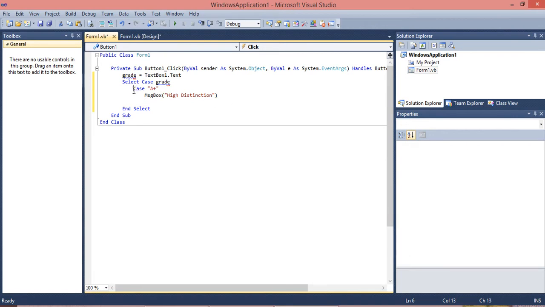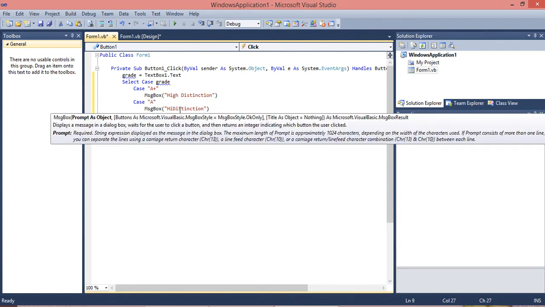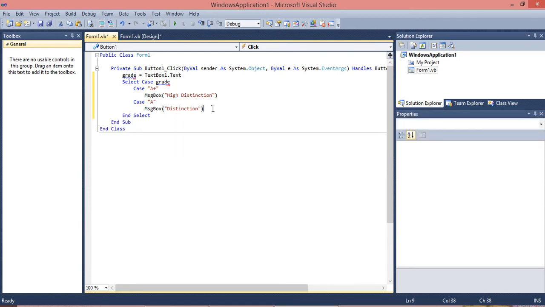To save time, I'll copy these two lines, Control C to copy and Control V here. Just change this alone. If you give A, it has to display Distinction. If you give A plus, it has to display High Distinction.